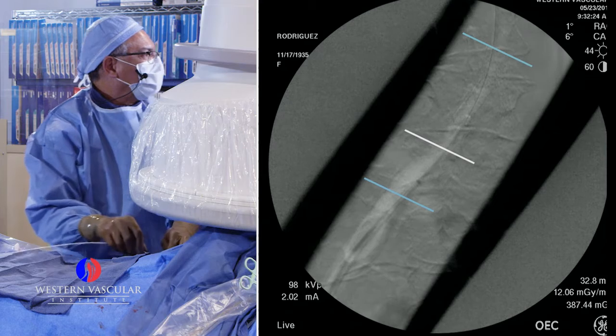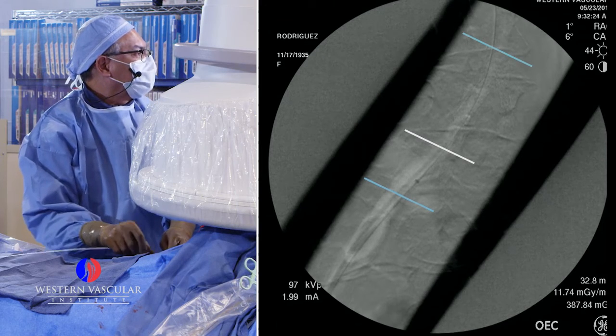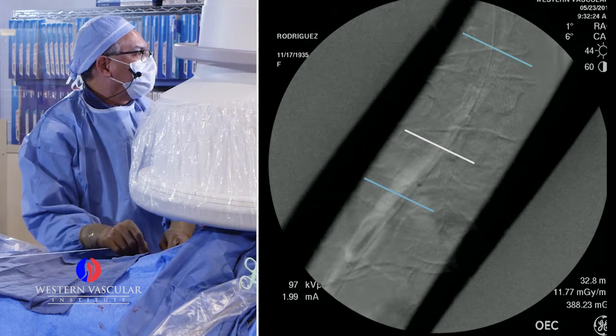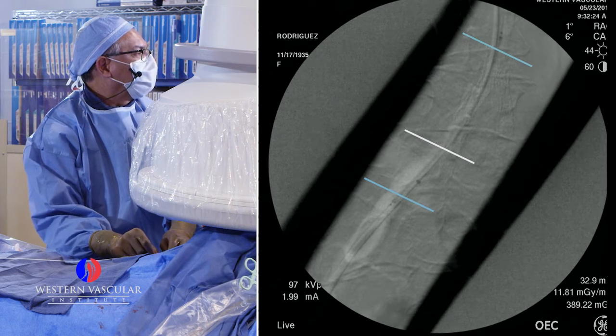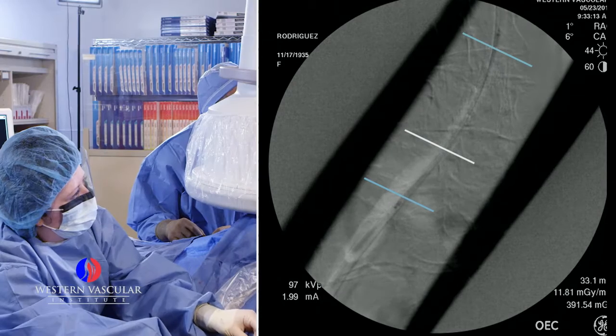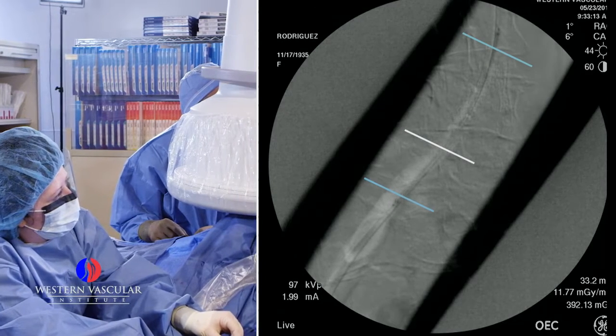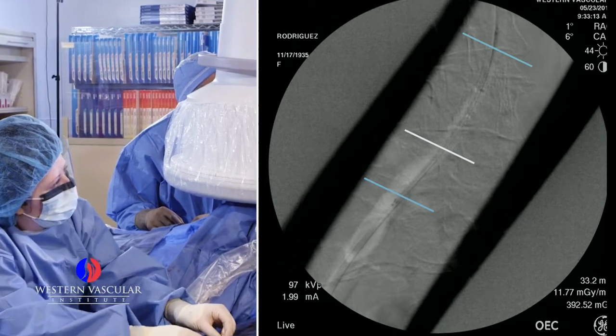We have our markers in the screen. You can see the device coming in. The end is right there in one of the markers. So we're pulling back the sheath all the way above the stent. Keep going,